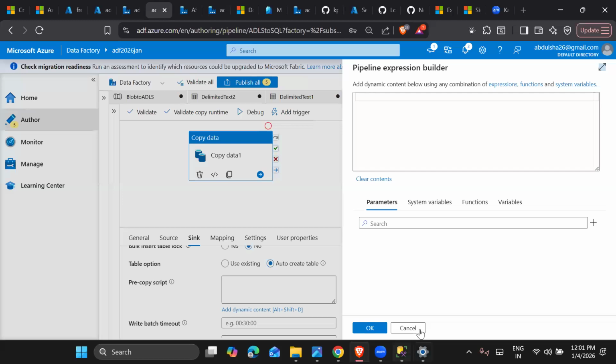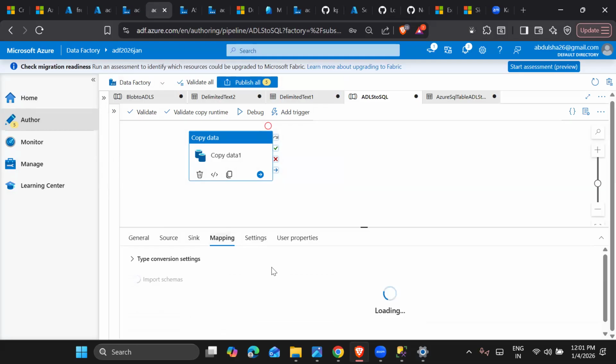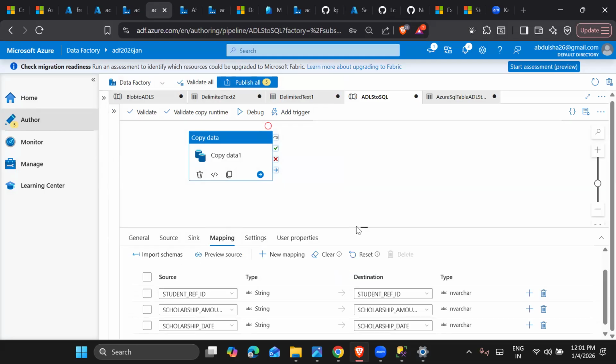If you want to write any script, like if you want to select only certain columns and certain rows, kind of a pre-SQL step, any kind of coding if you want to do, you can involve that coding over here in the sink. So I'm just importing the mapping to see whether